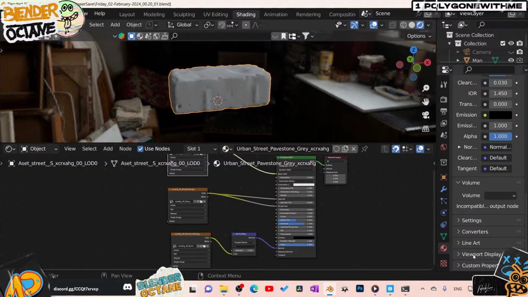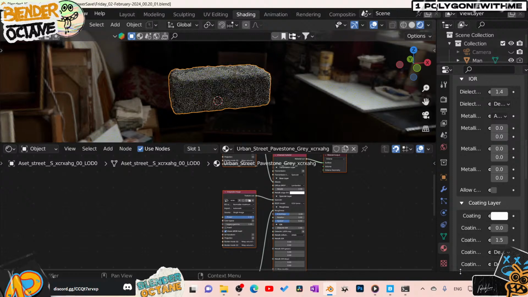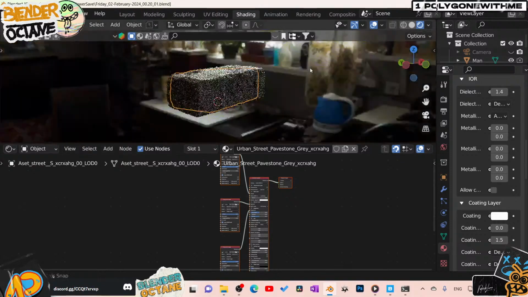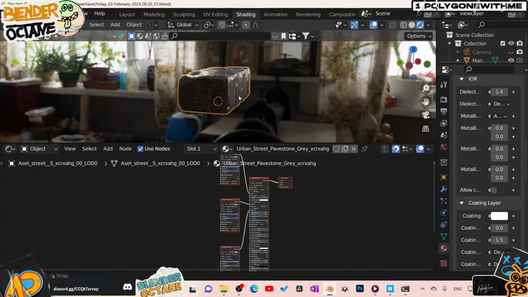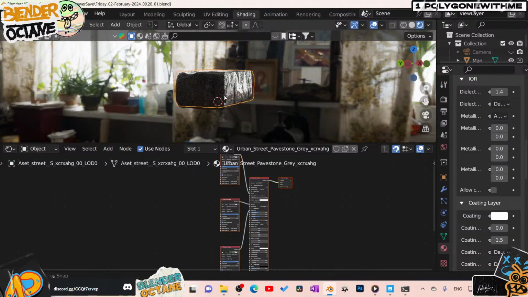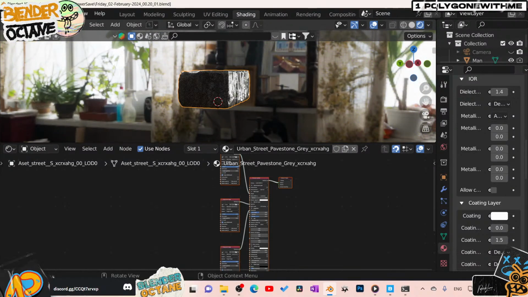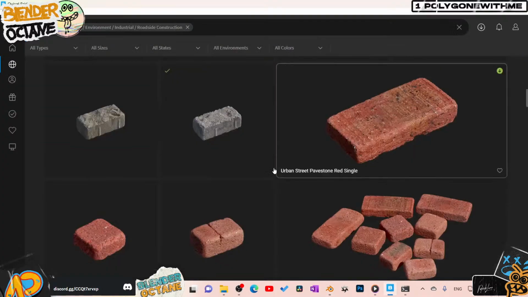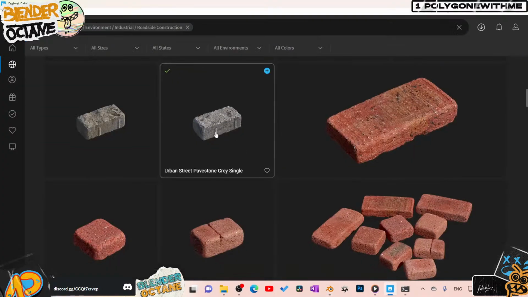From here, I just go over to converters, make sure you're on the material tab, convert to Octane material. Only select a material, yes, press OK. Boom, it converted the material for us. Now if we look here, we've got our material, but check it out, something's still not right. This thing has glossiness to it, and it's a brick, and it shouldn't, because if we look at the actual version here, if I click on this,